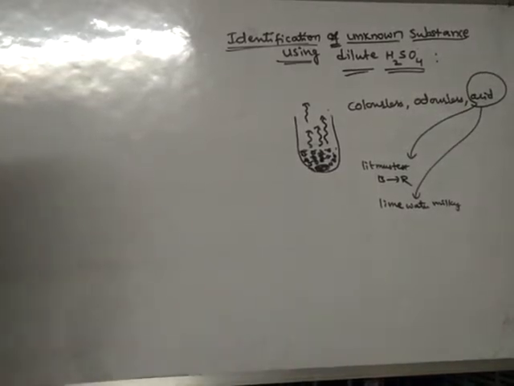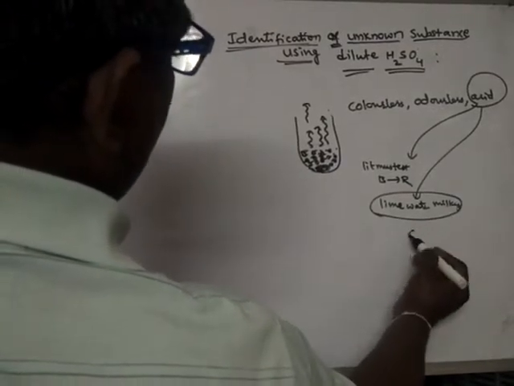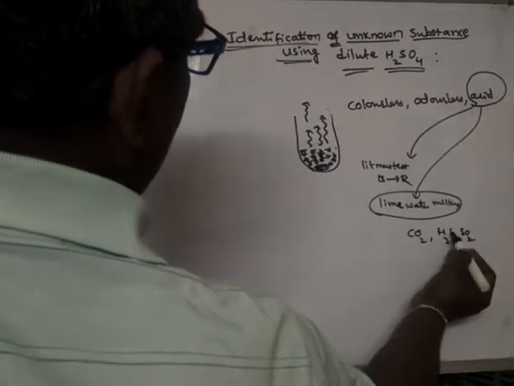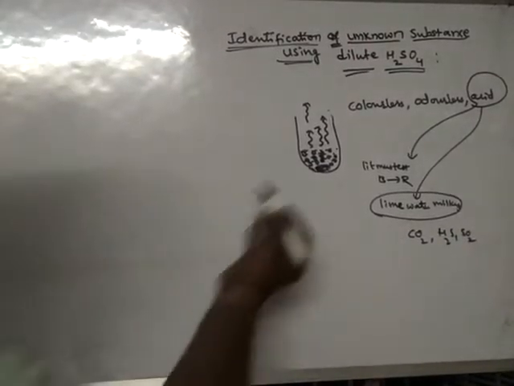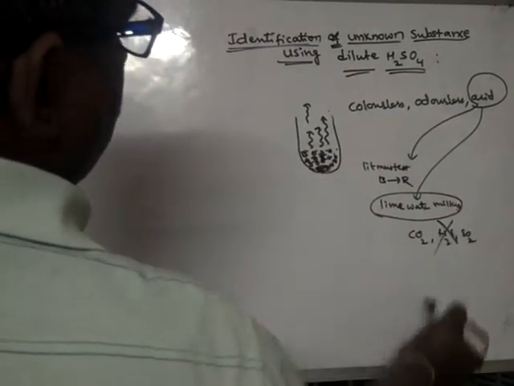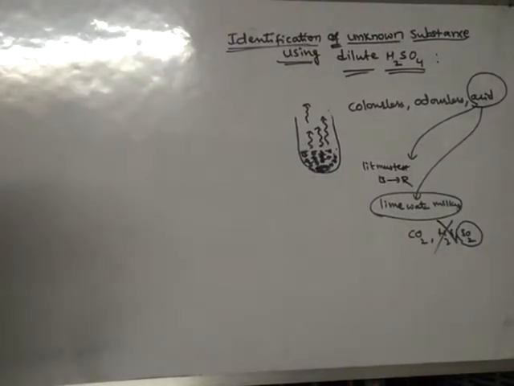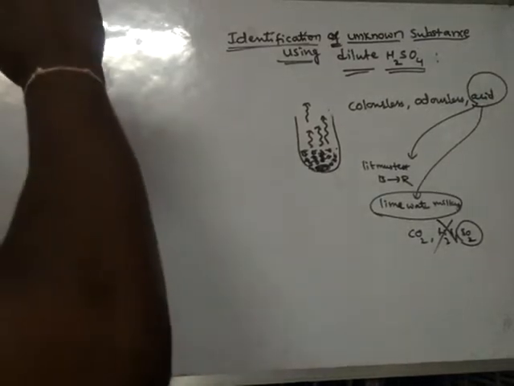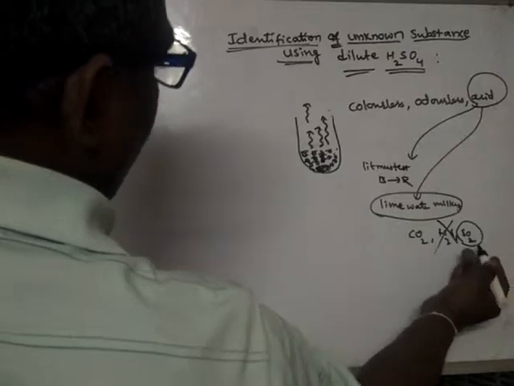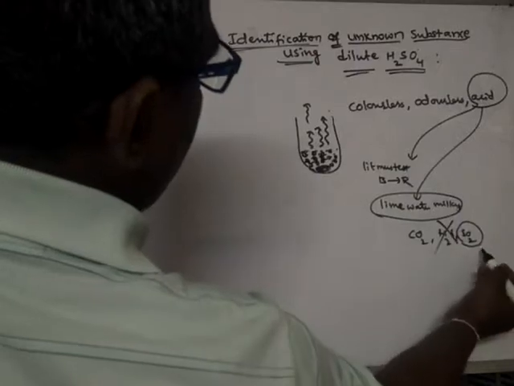There are many gases which are acidic in nature, and particularly turning lime water milky can be done by three gases mainly: CO2, H2S and SO2. Already we know that H2S has a rotten egg smell. See here, this gas is odorless, hence it is not H2S. And one more thing, SO2 will produce cough and an irritating, suffocating smell. Hence this gas is not SO2.